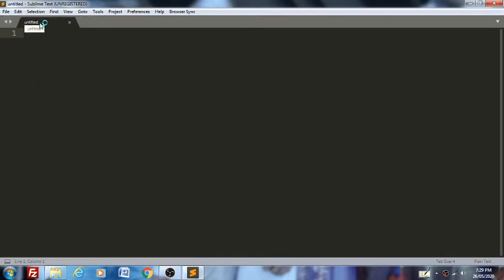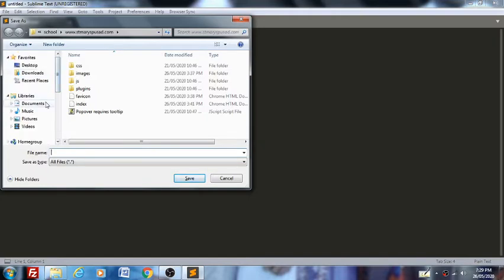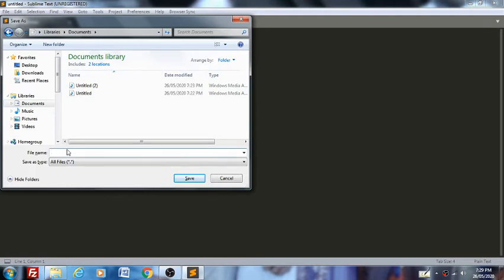So here it is untitled. First we will click Control plus S. It will open our library, means my computer. You have to select where to save it, in documents, and name it text.html.